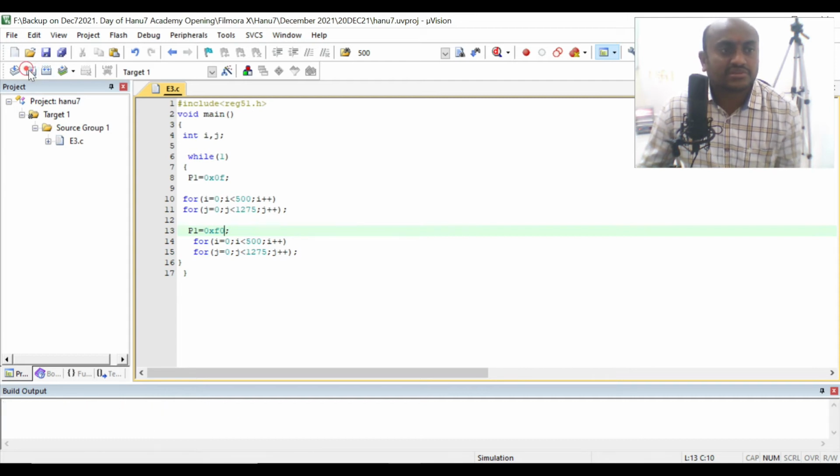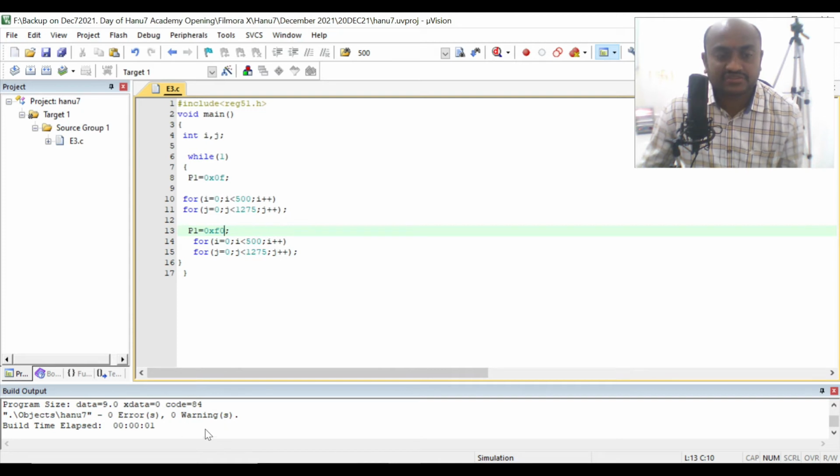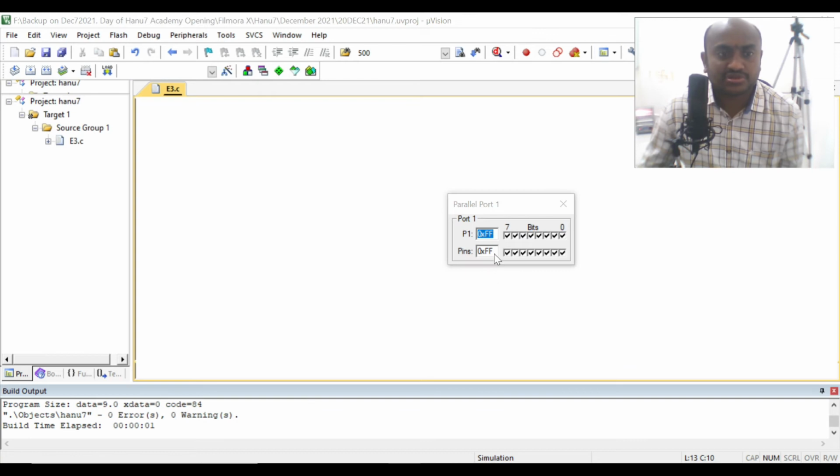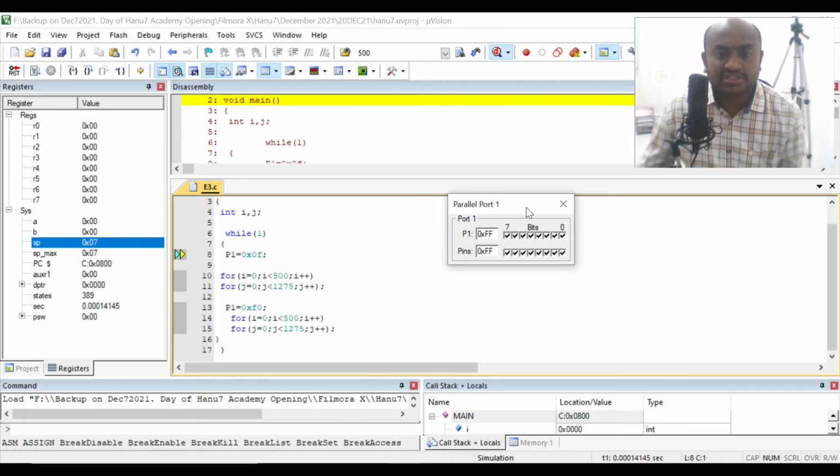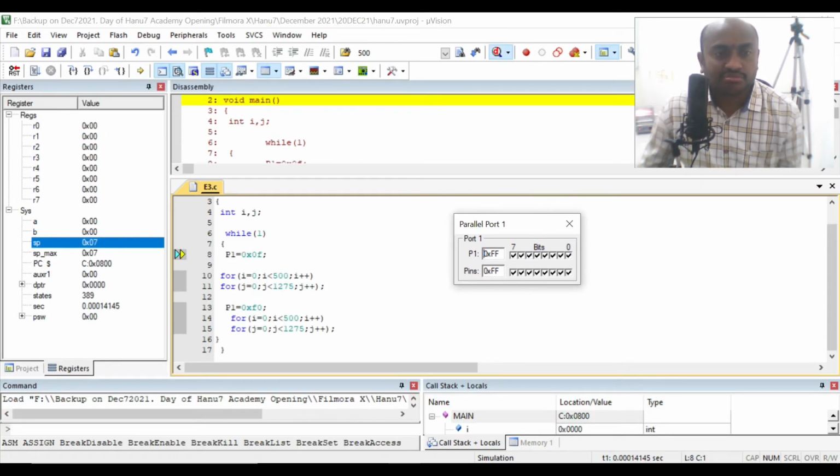Okay, so click on this, continue, check for any error. There is no error. So for every change in the program, you already know that it is mandatory to compile the program, and then only you have to check for the output, otherwise the previous output will be shown. See here, these are the alternate LEDs, alternate nibble. First lower nibble, then higher nibble, lower nibble, higher nibble, like that.